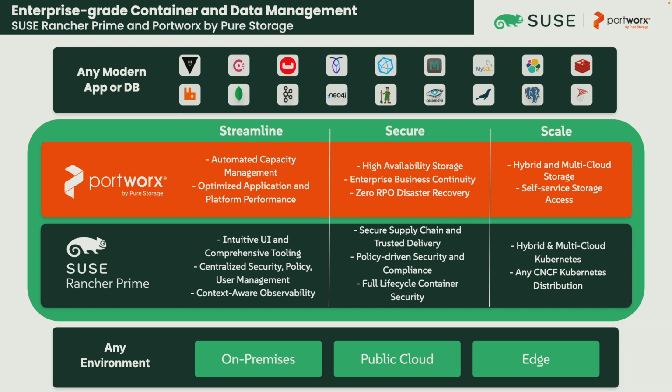But Portworx, from the storage side, helps provide that automated capacity management, some of the optimized application performance. I won't dive too much into this. But one of the reasons why we have partnered strategically with Rancher and SUSE is because similarly, we enable that choice. You can plug into any infrastructure, whether that's on-prem, in the cloud. If you have hybrid or multi-cloud deployments, we're pretty flexible in that regard. And although we do have a strategic partnership with Rancher, both as a managed service and as a Kubernetes distribution, we do fit in with other Kubernetes distributions as well, again, enabling that choice.